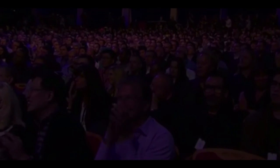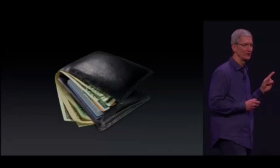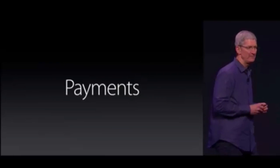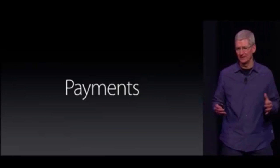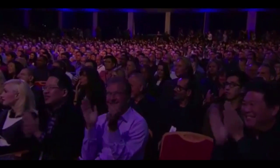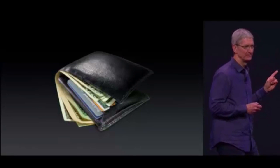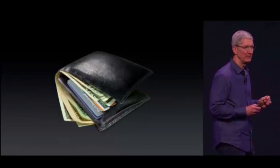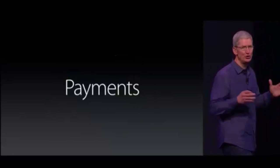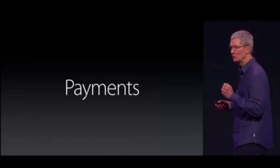Our vision is to replace this. And we're going to start by focusing on payments. Payments is a huge business. Every day between credit and debit,